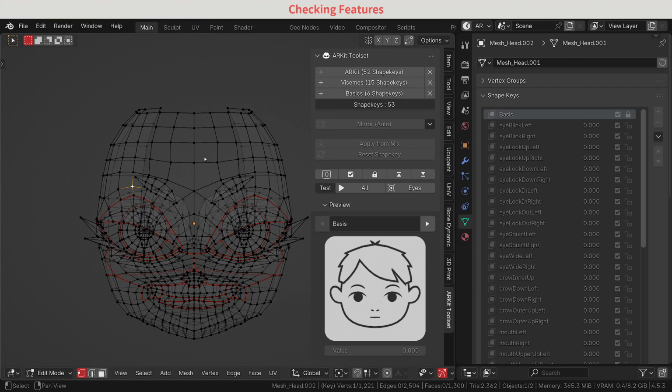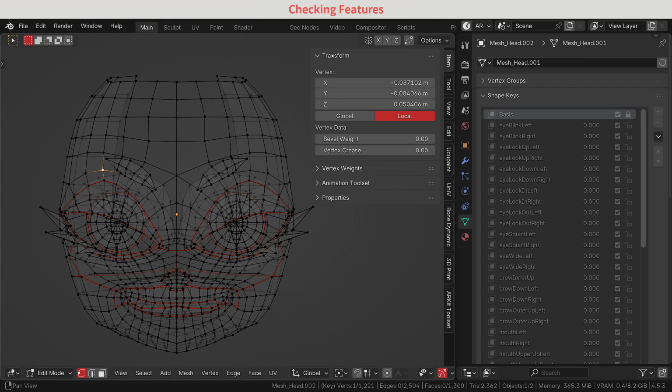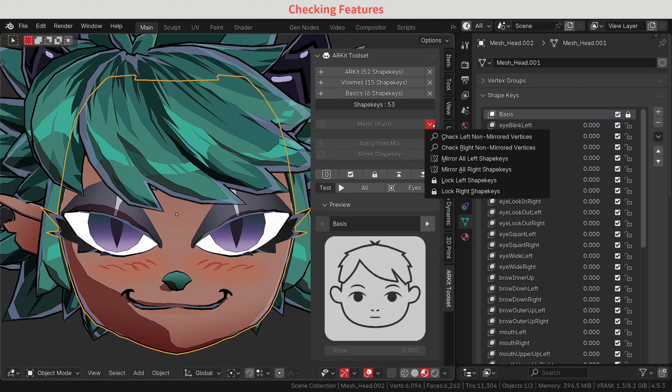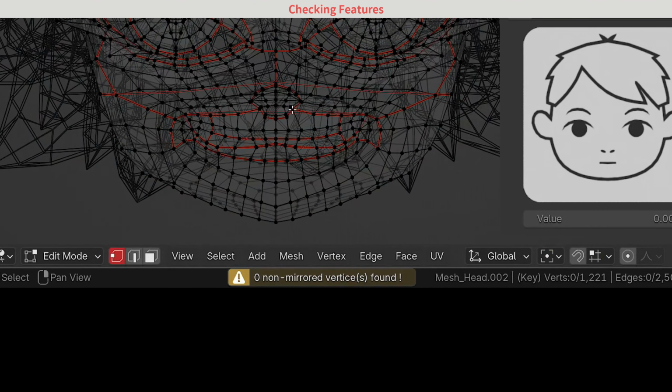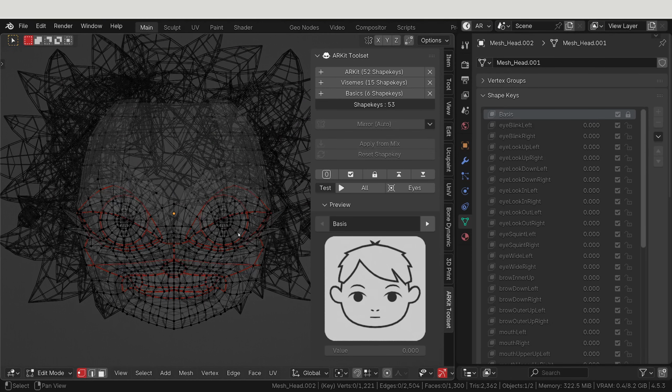First, I will isolate the view, and I will go to the Item tab and Transform. And then I will select the opposite vertex, and we will just copy-paste the value. Because it's on the x-axis, this one needs to be minus, but the other ones are the same. So I will take the y, just copy-paste, take the z, copy-paste. And now it should be good. Let me test again on the ARKit toolset. Check left non-mirrored, and boom, 0. Now we can work safely on the shape keys.